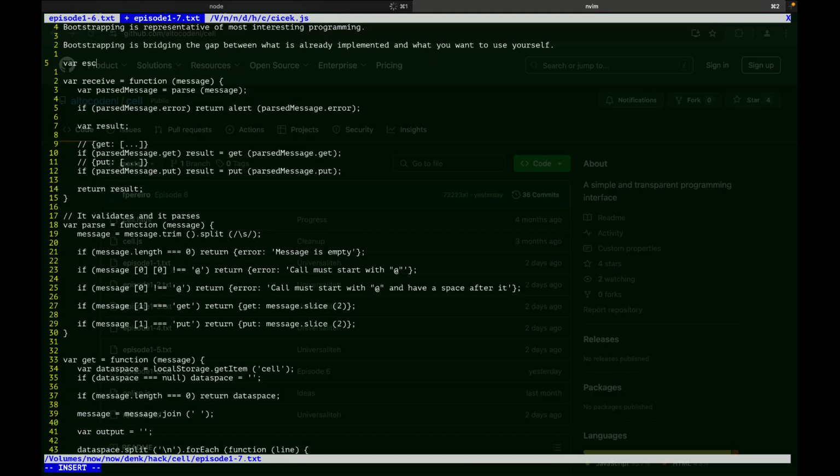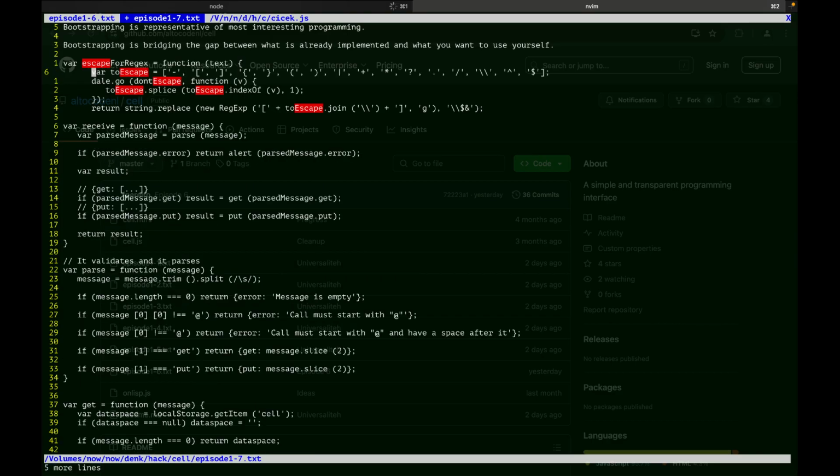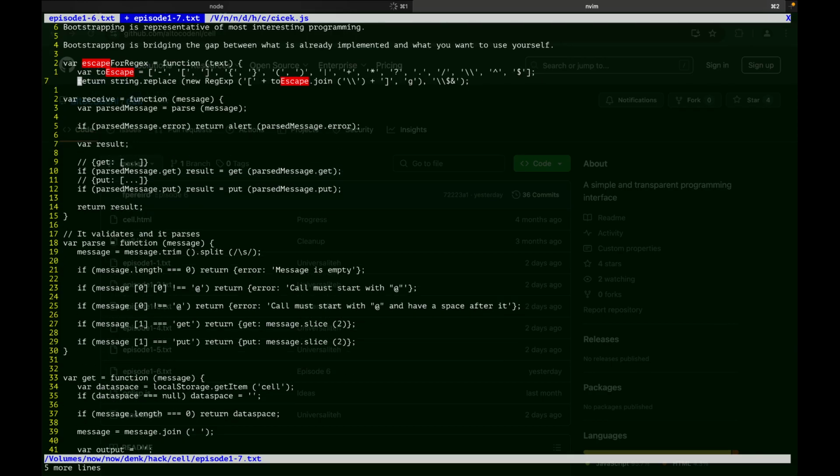Var escapeForRegex function, and then you get some text. So these are all the characters I want to escape, and then I don't need this. I return the text and replace new regex blah blah blah blah.